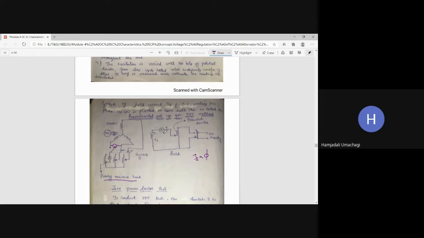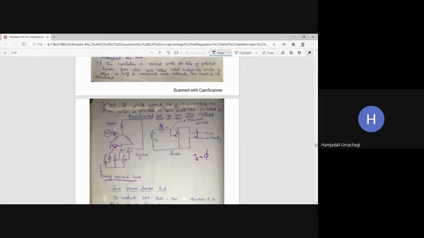So you should keep on changing the field excitation. The field excitation IF value you are going to notice with the help of this ammeter. So for different values of the field current, you will be noting down different voltages. From 0 to rated voltage, you should change the excitation in a number of steps. Once you get the rated voltage, then your open circuit test is completed.